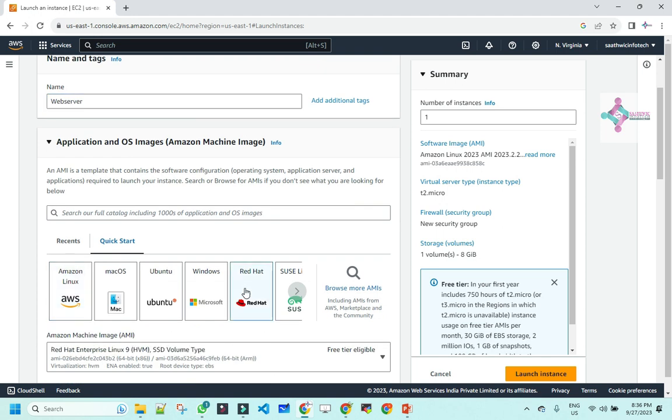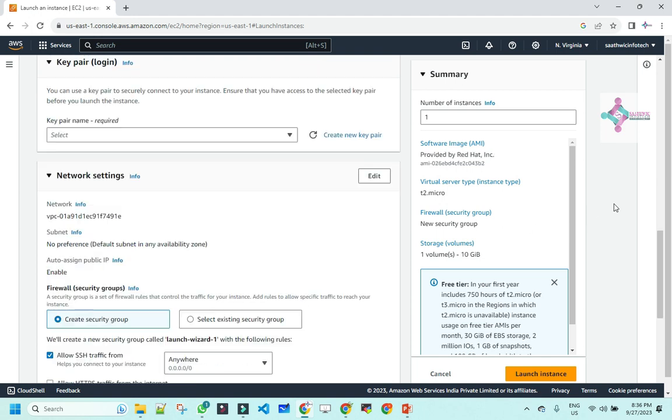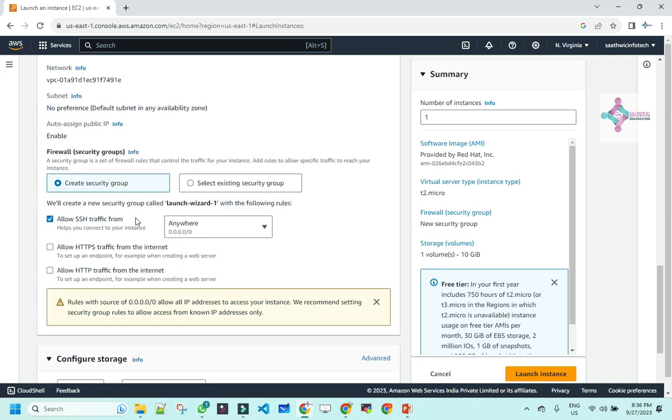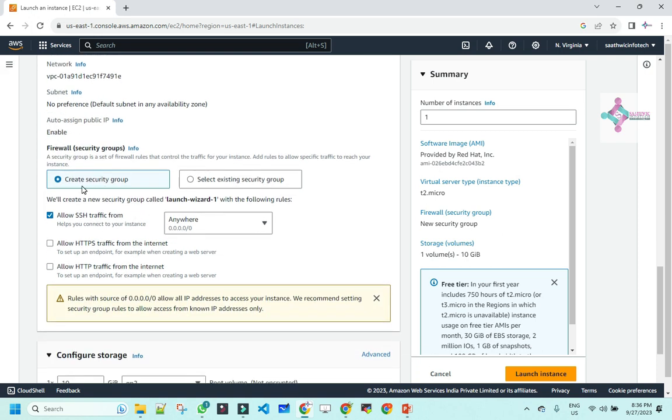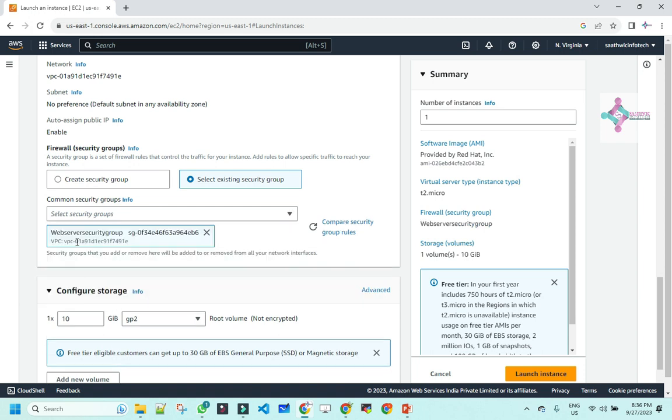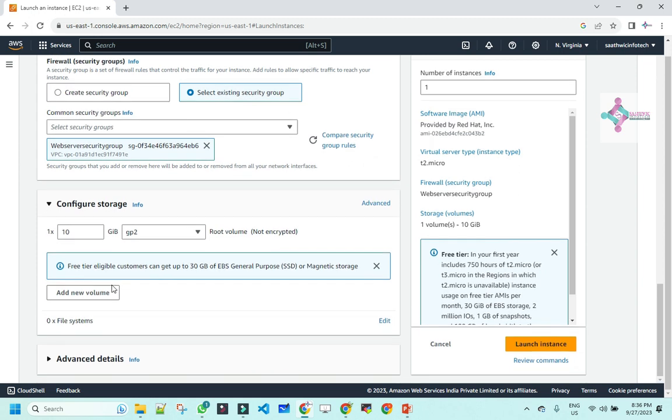Let me go with Red Hat. I'm going to use all the default settings, subnet and everything. For the security group, let it create a security group, or maybe I can use an existing one if there is one. Yeah, there is a security group already which we created, so I'm going to use the same. Okay, fine, I'm not going to change anything else. Let me add